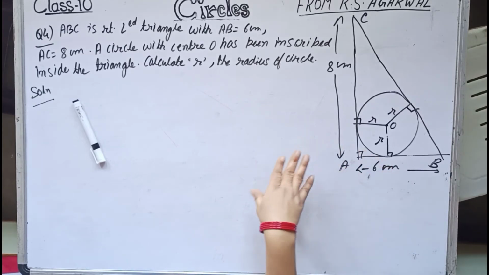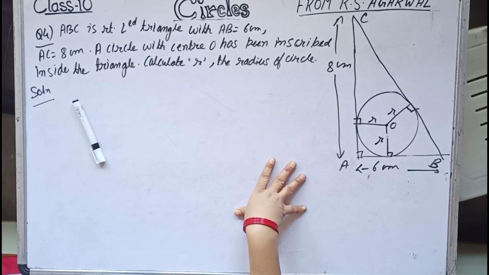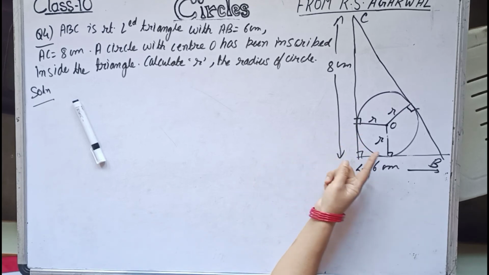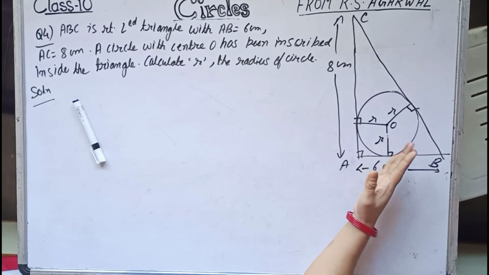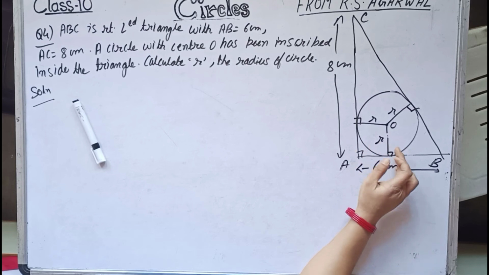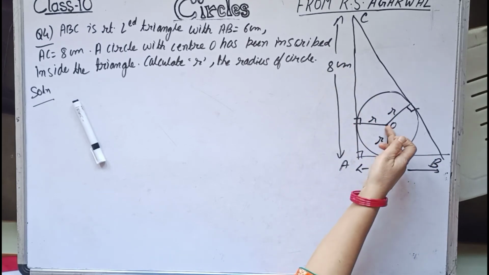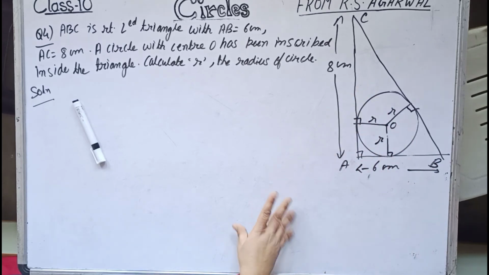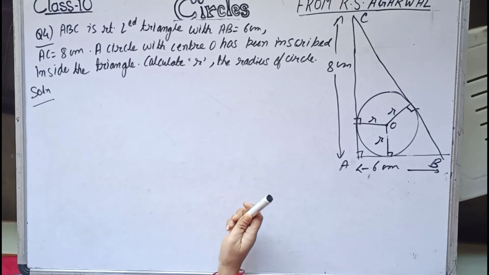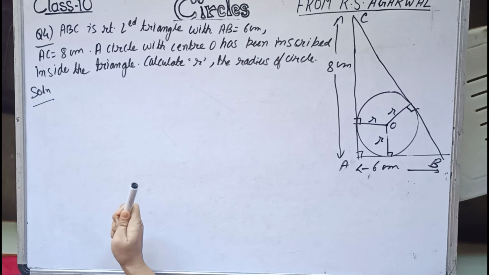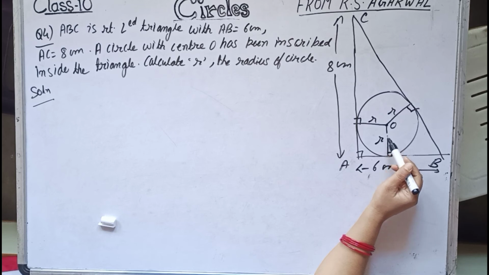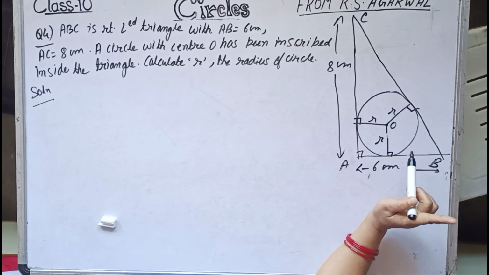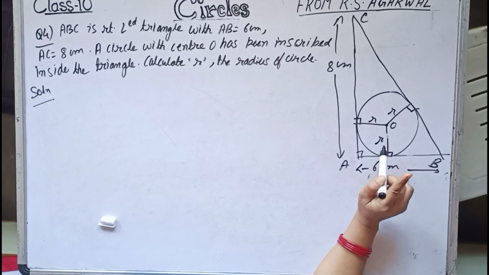Now the similar sum we have done I think in circle or in coordinate geometry, in which we calculated the area of the triangle ABC by two formulas, once by Heron's formula and the other by half base into height formula, when we joined O to all the three vertices, and then we calculated the required thing. Here also similar. Yes, I remember, NCERT exercise 10.2 had one such question. So over here also we have to find the radius of the circle. There it was not given as a right angle triangle, so we had to calculate by using Heron's formula.